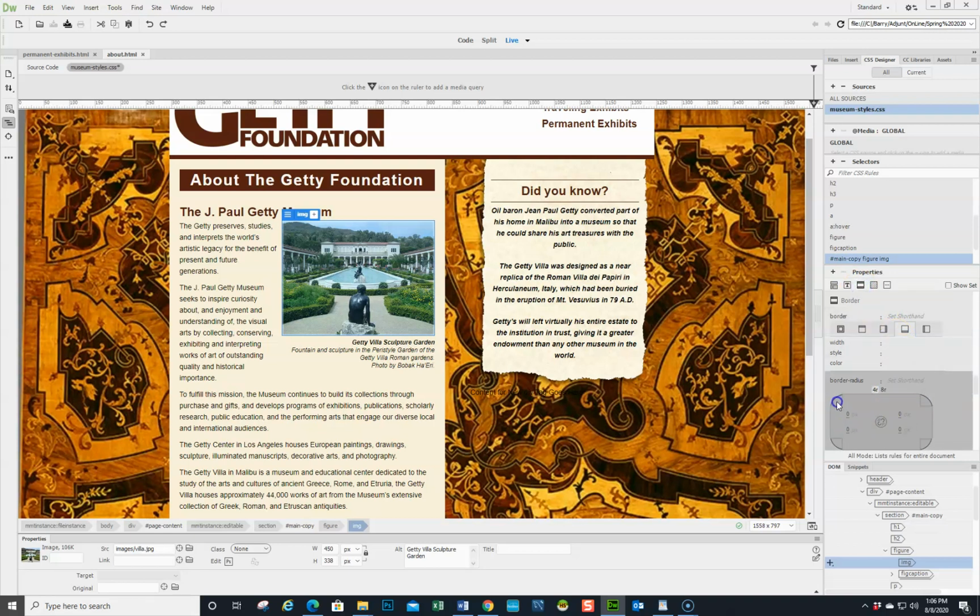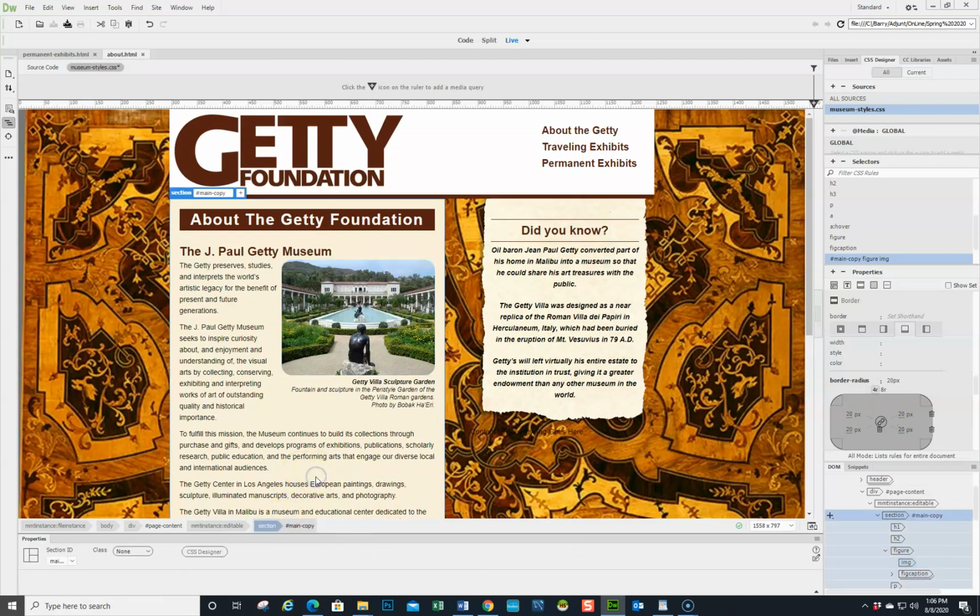So let's put in 20 on all sides, and let's see what this does. Okay, so we made it a little bit rounded,